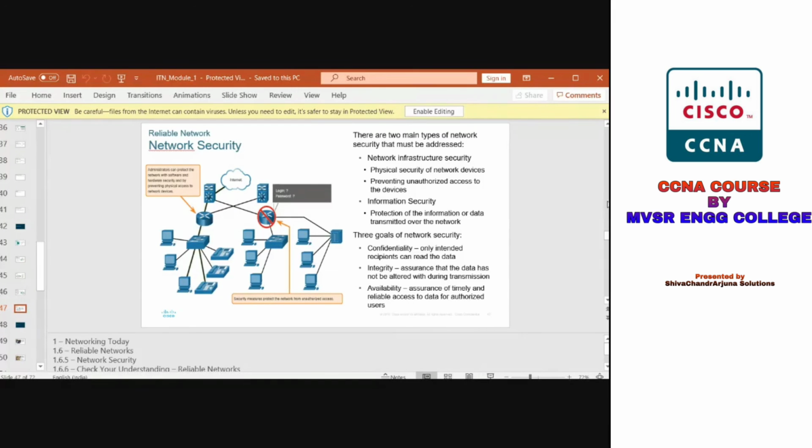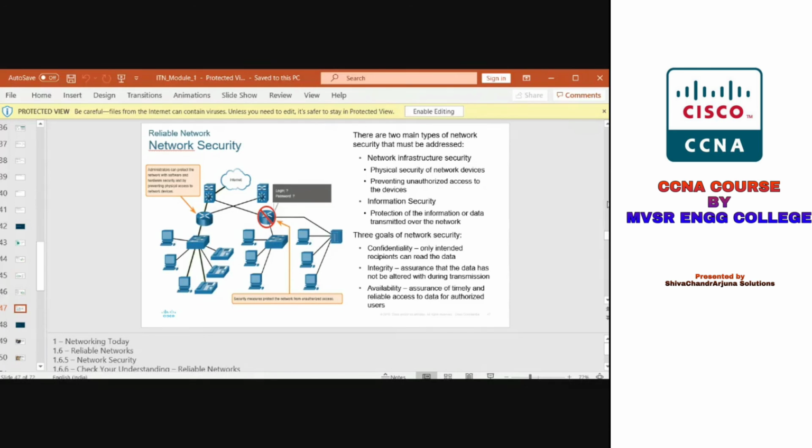What is confidentiality? Only authorized persons can access your data here. What is integrity? Without modification, without altering your message, without adding any message. I want to do the transmission here, and I'm giving some assurance for my data transmission. So without alteration, without any modification, without adding any extra data, it is called integrity.